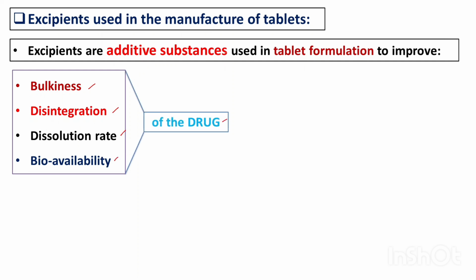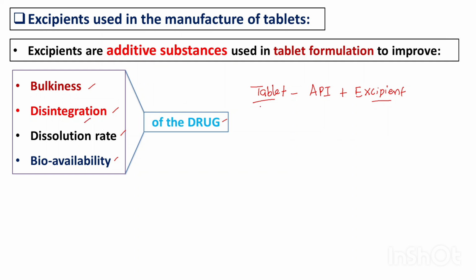If we consider a tablet as a drug, first we take a tablet. What is a tablet? It is a solid dosage form. In a tablet, mostly we find the API, the active pharmaceutical ingredient, plus excipient, right? Why is the excipient necessary? It will improve the bulkiness when the API is insufficient or small in amount for compression. In that case, we need to add excipient which will increase the bulkiness, and also it will improve the disintegration